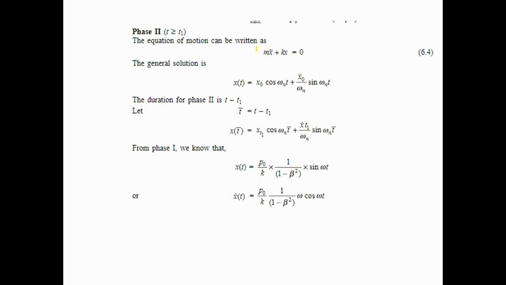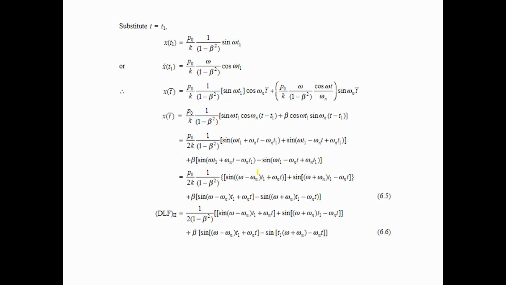Then what is the equation of solution we have? m x double dot plus k x equals 0, where x t is equal to x naught, the displacement and velocity at t1. Then during the second phase, t minus t1, the t dash. In such a case, x t dash is equal to x t into cos omega t dash plus x dot t dash. By comparing both phases, we get where t is equal to t1. In case t is equal to t1, we will get